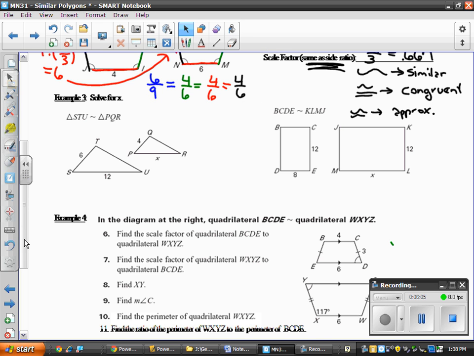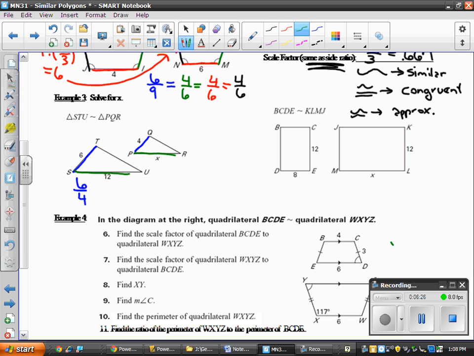Now, like above, I showed you how to use a scale factor to find an unknown side. You can definitely use that idea. And really, in this whole chapter, you can use all sorts of different ways of doing things. But I go back to proportional reasoning. So I know if this is to this, so 6 is to 4, then